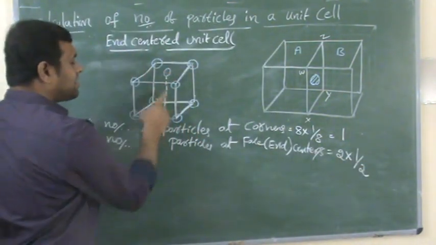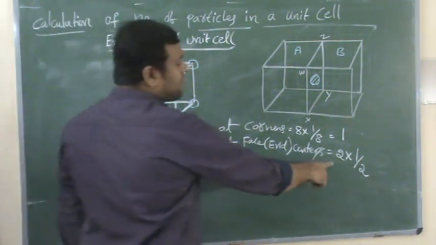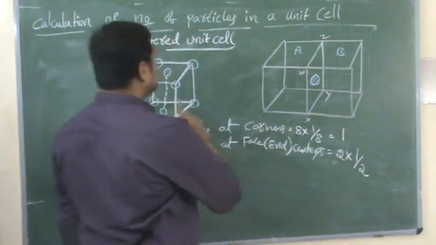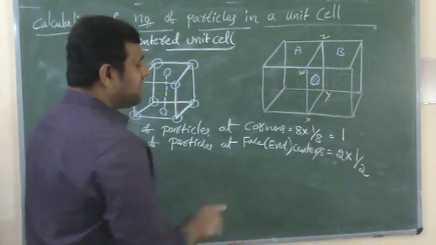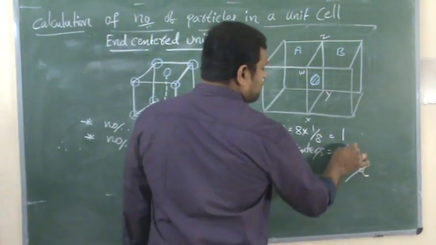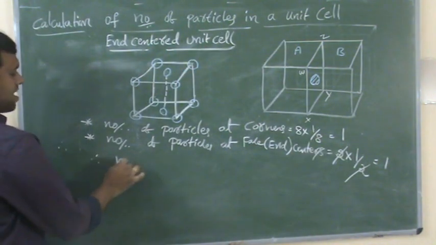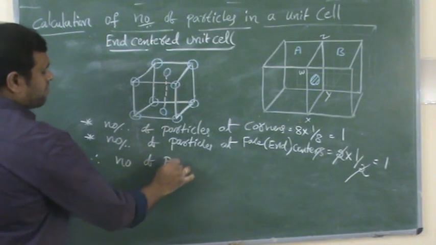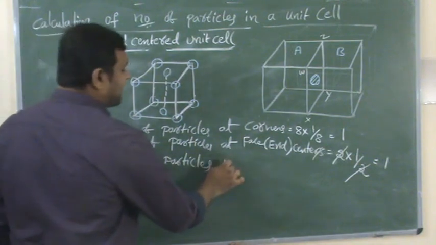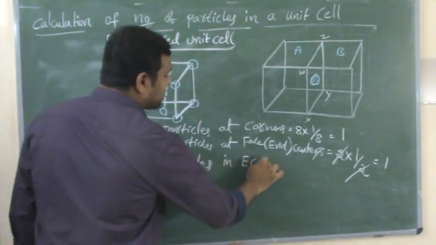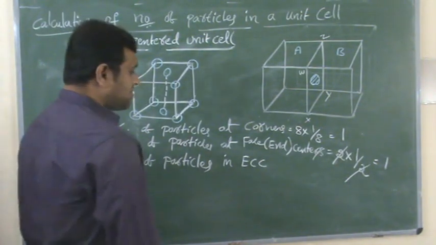So there are particles only on 2 faces in the end-centered unit cell. That's why 2 lattice points, I took 2 here, into what is the contribution of each particle? 1 by 2. That's why into 1 by 2, 2 into 1 by 2 is equal to 1. Therefore, number of particles in end-centered unit cell, ECC, is equal to